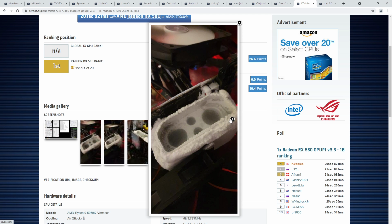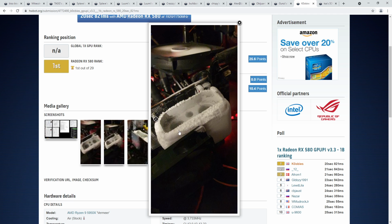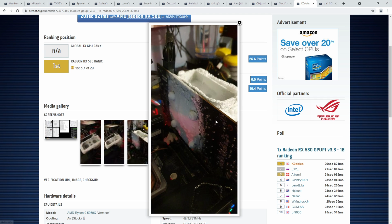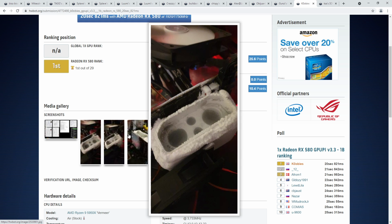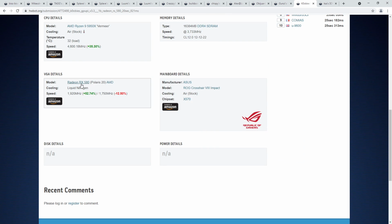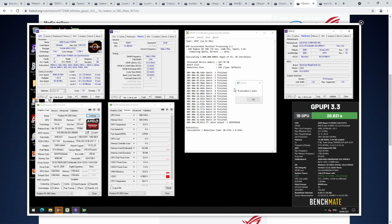His LN2 pot's a bit short. That's a Kingpin Cooling Tech 9, and it's missing the top extension, which I wonder what happened to. Normally there's an aluminum extension on top of that. Not that you would need it on an RX 580, because I don't believe you can really run these at full pot properly. Yeah, and then you can see some, I'm assuming that's going to be eraser for insulation on the back. And the seeming lack of insulation on the front is kind of concerning to look at. Oh yeah. Also, this is an RX 580 4 gig card,